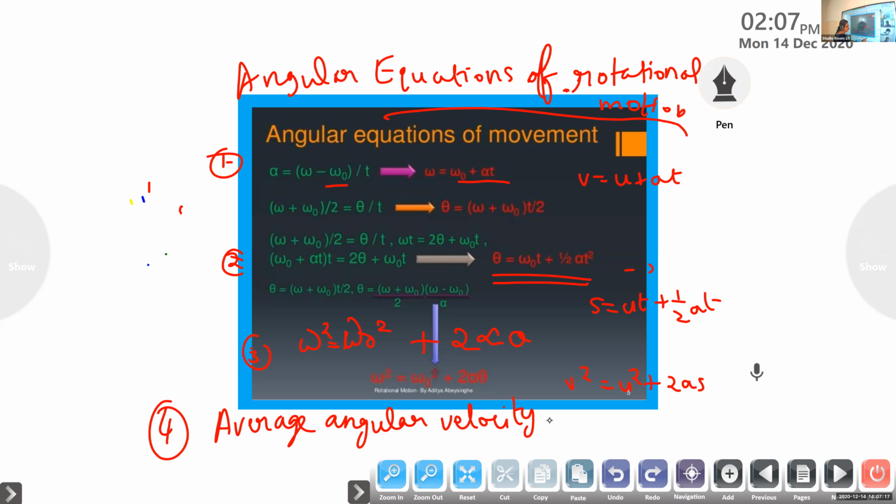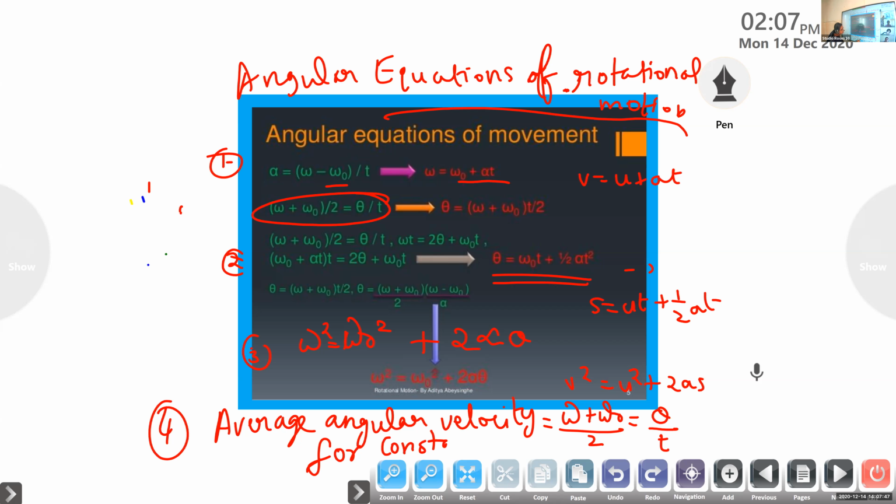After writing the three equations of motion, we can write the average angular velocity. That is omega plus omega 0 by 2, which is equal to theta by t. In analogy to linear motion, we have v plus u by 2. This is for which one? This is for